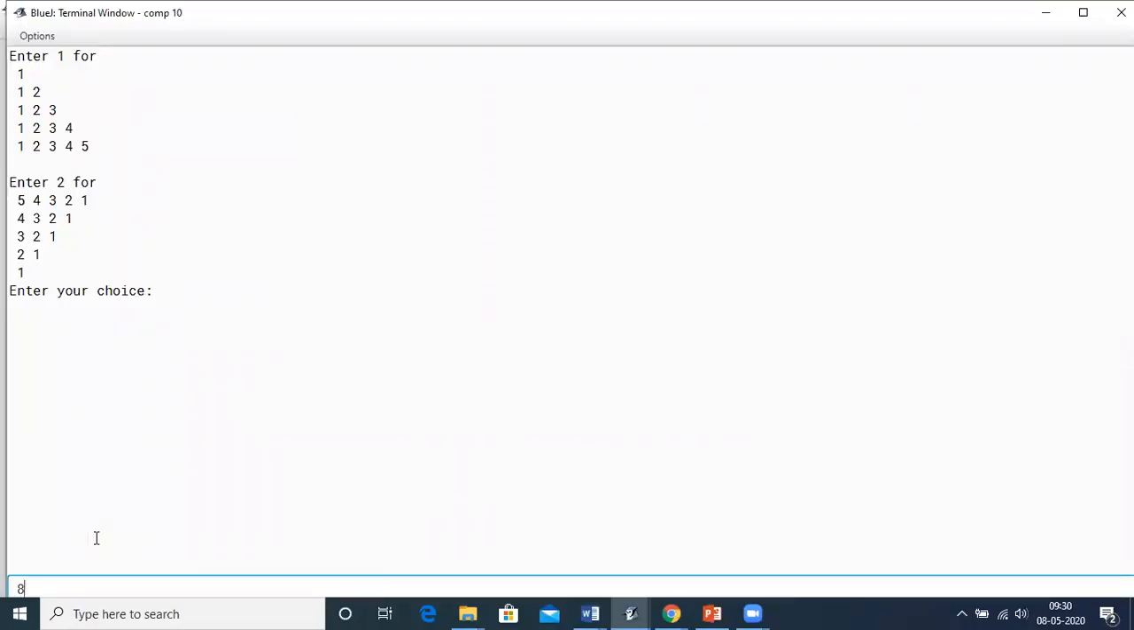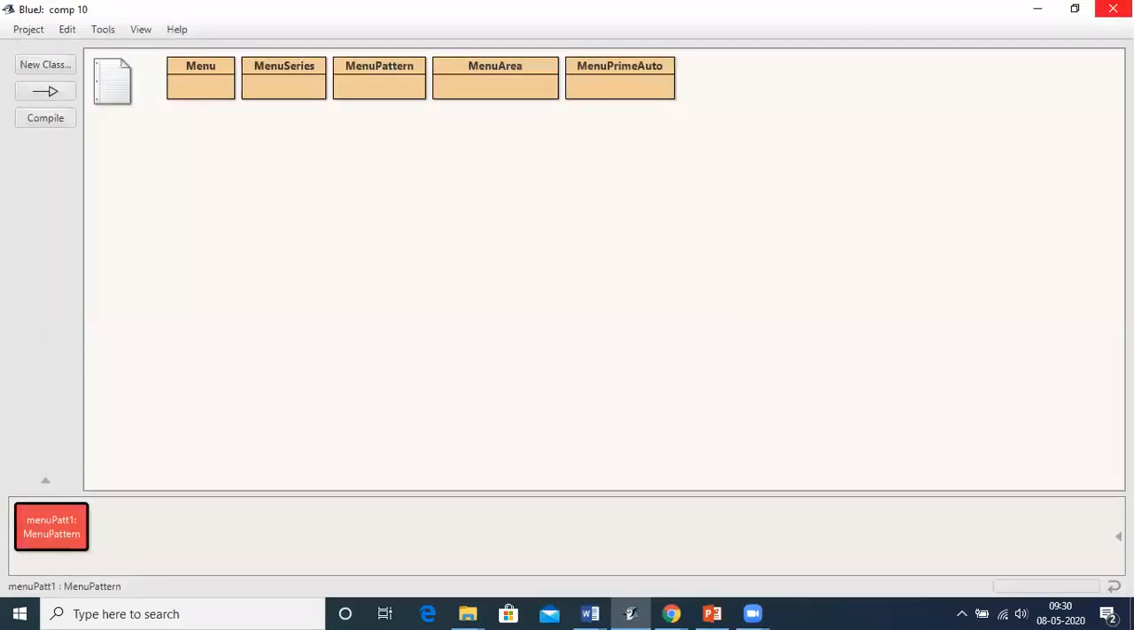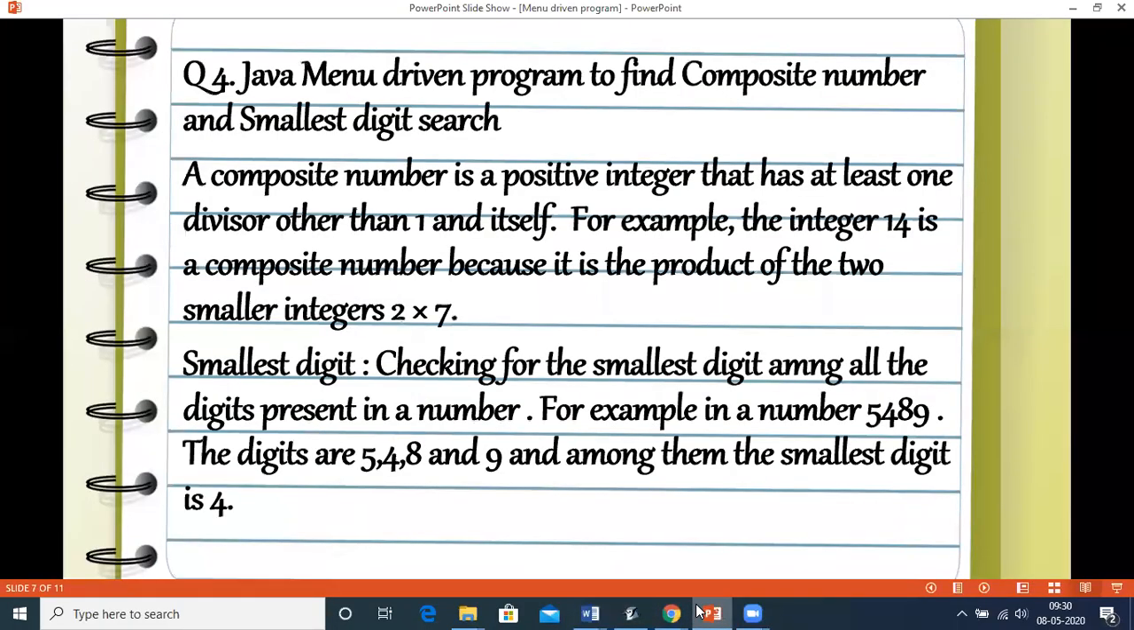I enter an invalid value, let's say 8, which is one of the choices prompted to me. The output will be invalid choice. Now the next question that we'll be solving is: write a Java menu-driven program to find composite number and smallest